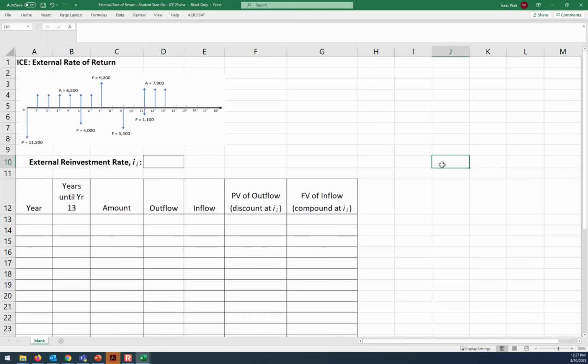All right, so here's what we're going to do. Fill in the year, and then I think you remember why we do this, years until year 13. The reverse time column is what we access for n whenever we are trying to calculate a future value. And you'll notice over here on the right side of the table we have the future worth of the inflows. So we're going to use this secondary time column for when we want to calculate the FV of the inflows. All right, now the external reinvestment rate,